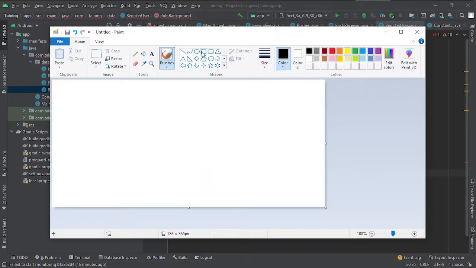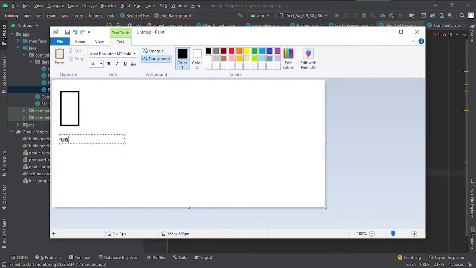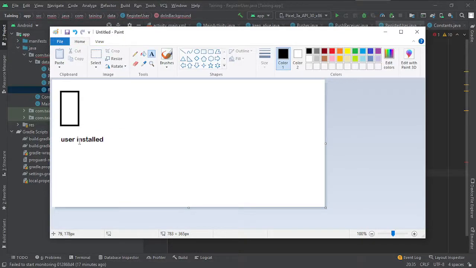Now I have a device. This is one device. Now my user installed it. So now the user has installed it, and now it needs to make a request